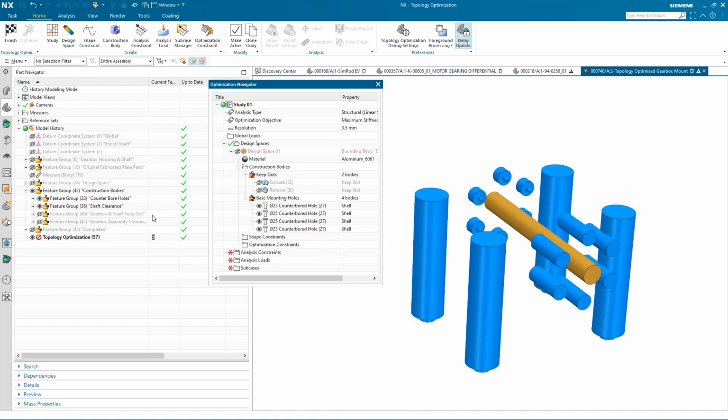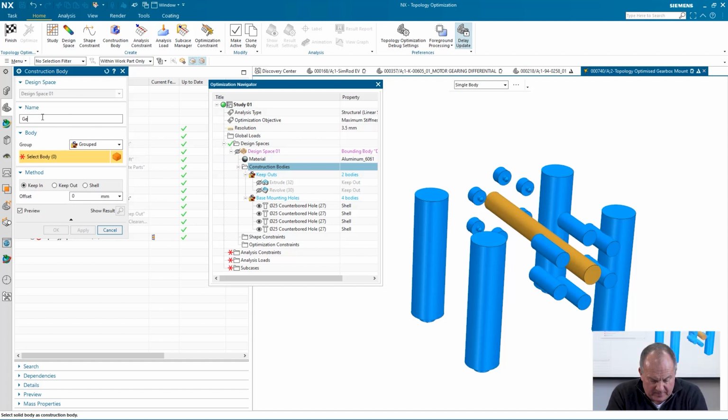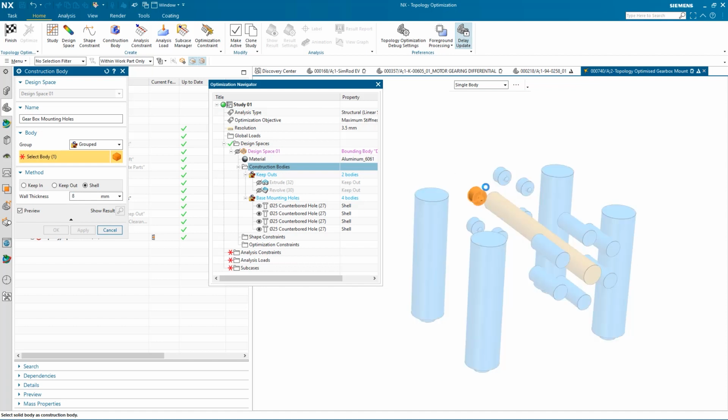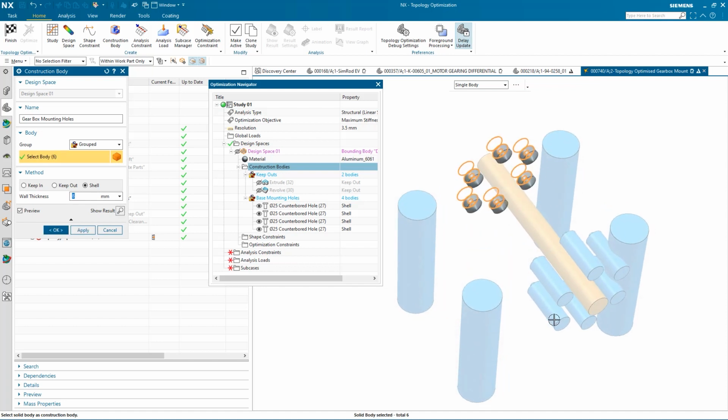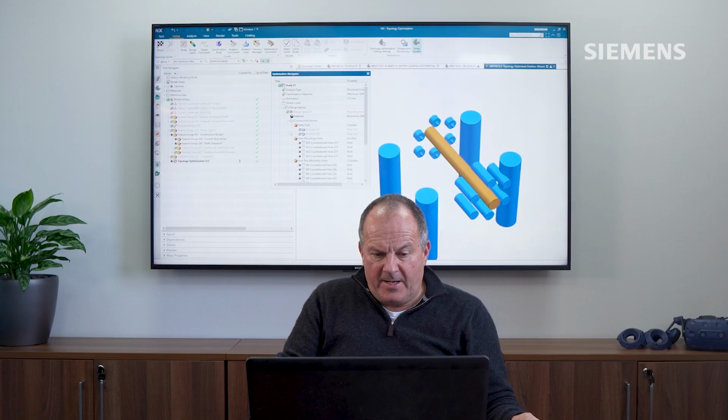and then we're going to create the fixings for where the bracket is attached to the gearbox itself. So let's again create a group for these, and again we'll select these 12 solids here that define where the gearbox mounting holes are going to be. Again, all in while you can see them being added to the navigator.